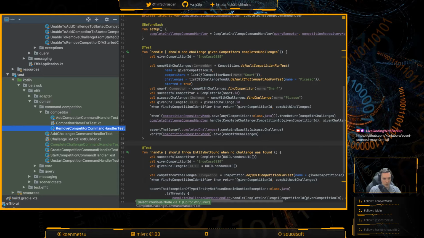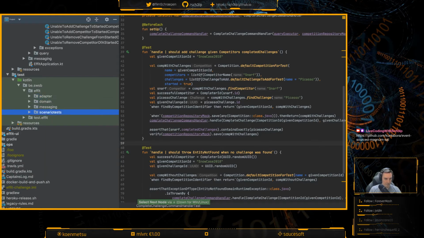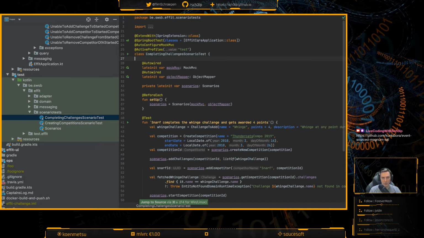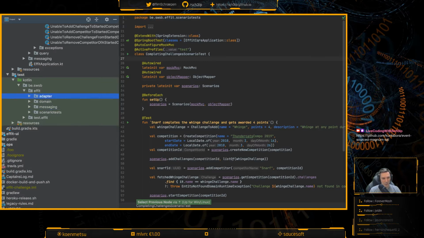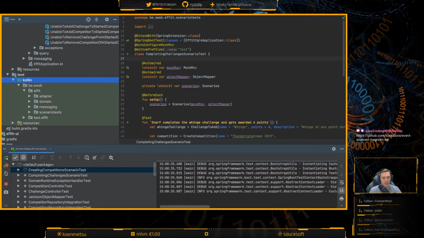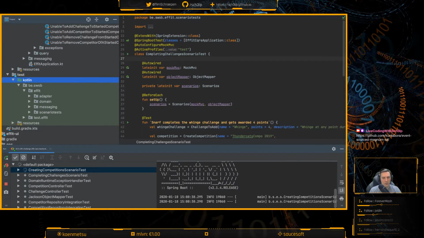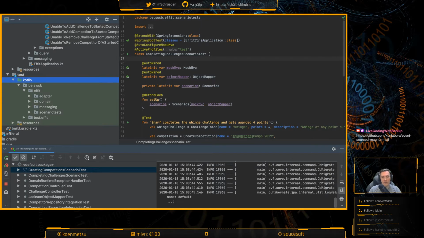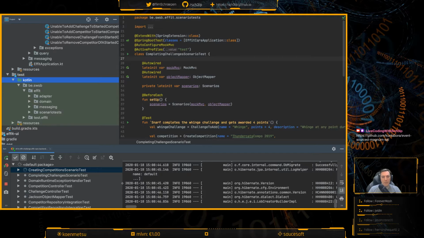Then there's also some scenario tests that should also work. Now, I think I remember that I run these by spinning up a Docker container for my Postgres database. And I haven't started that one yet, so these should fail, I think. It's been only a month and I already forgot everything. My god.